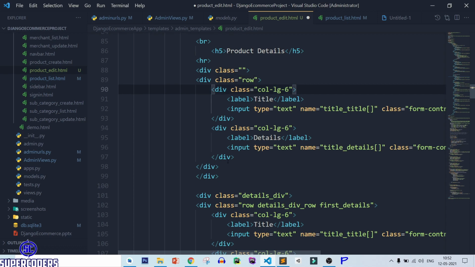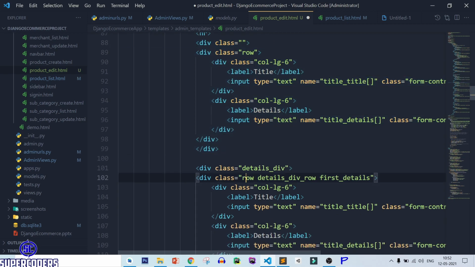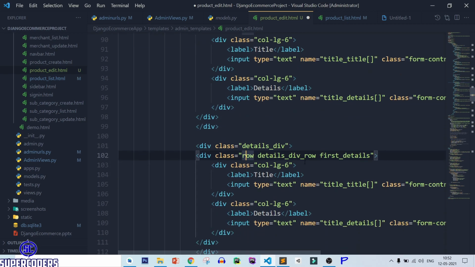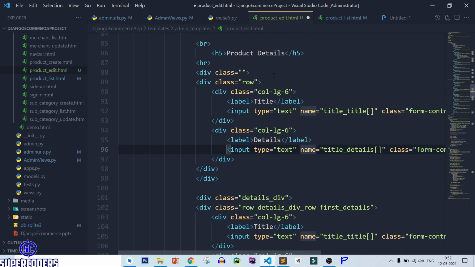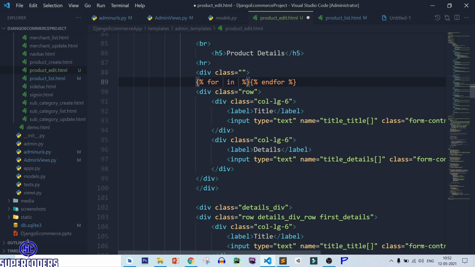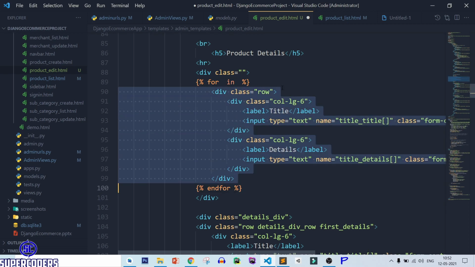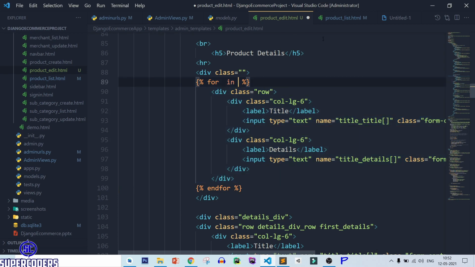So here first data will be shown from our database model, and second data is used for dynamic data for adding new details. So let's show the data. So here for, close the for loop here, correct the indent, and here we can show the product details.